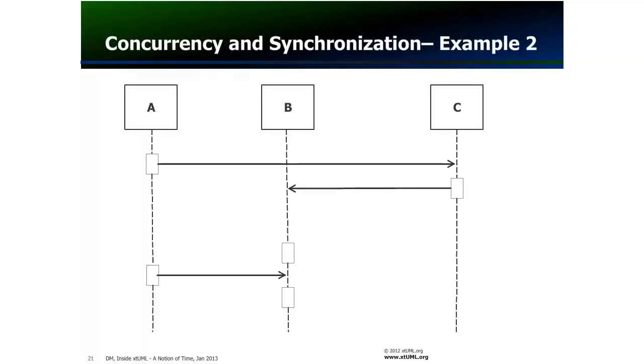What if instance A were to execute slower, or instance C responded sooner? Then the sequence diagram would change to look similar to this. Under the execution rules of xtUML, the two diagrams are equivalent. However, the order of events arriving at instance B has changed, and depending on the action blocks, could lead to